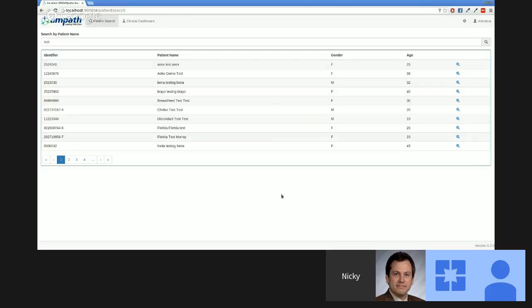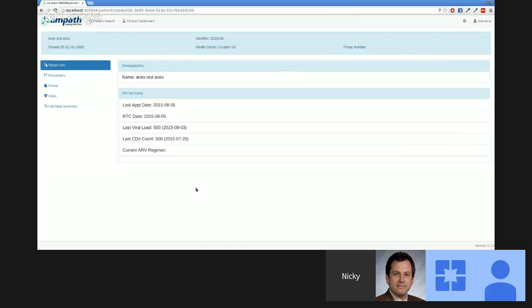So I'll go ahead and select a patient. Clicking anywhere in the row selects the patient. Then it takes you to this view. And this is the patient dashboard. So in the patient info tab, you'll see demographics, and also there's an HIV summary that shows the last